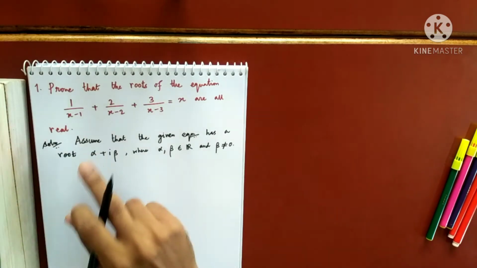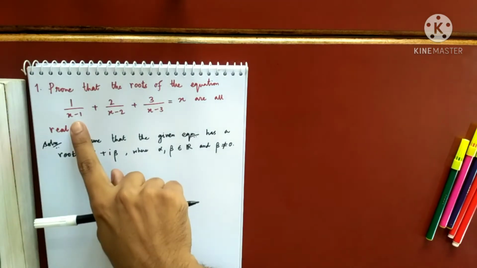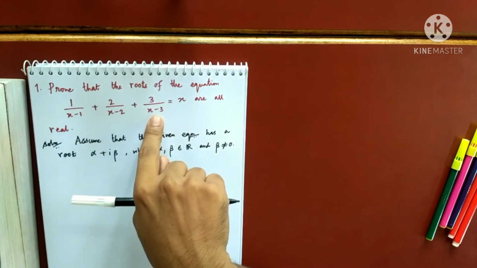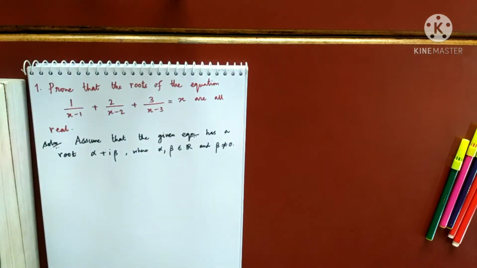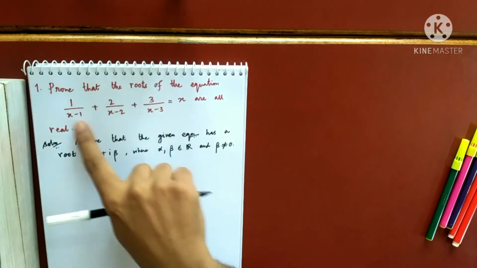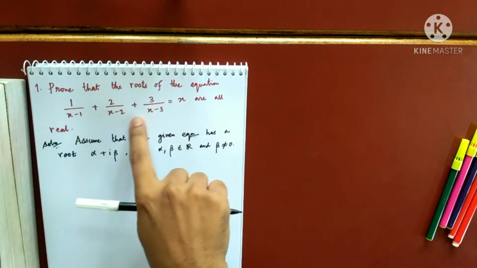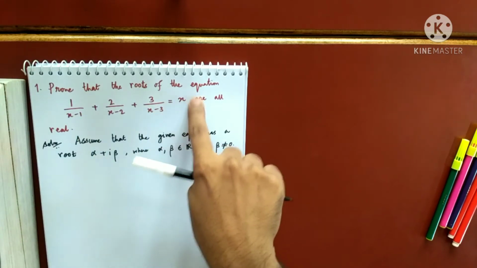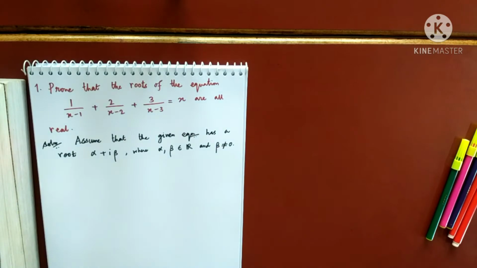Now you see, if I take LCM here, cross multiply and all, this will reduce to an algebraic equation of degree 4. You can see why it is of degree 4. If I take the LCM here, this will become x cube, and if I send them this side, that will become x to the power 4 due to the presence of this x. Anyways, this is an algebraic equation of degree 4. That is not our concern, but what is of our concern is that the coefficients will be real.